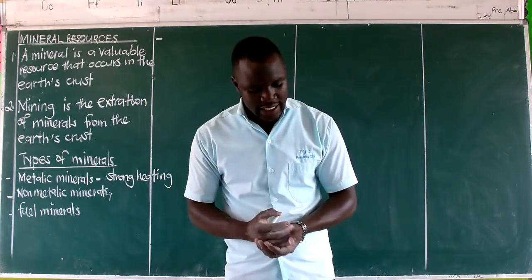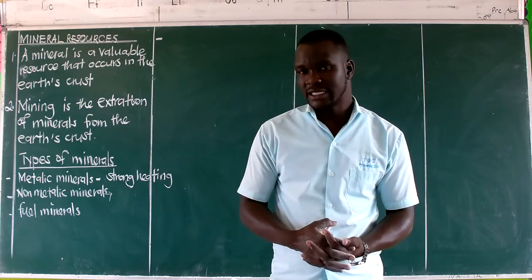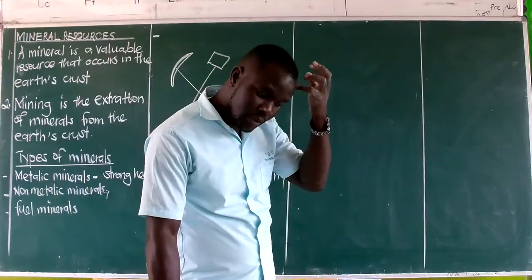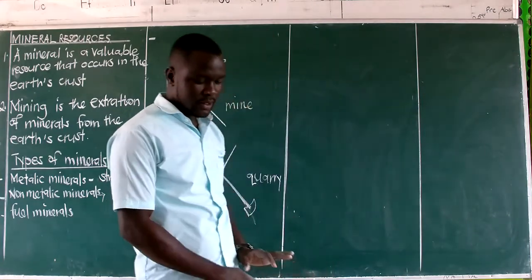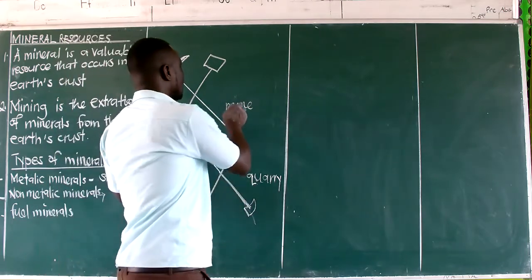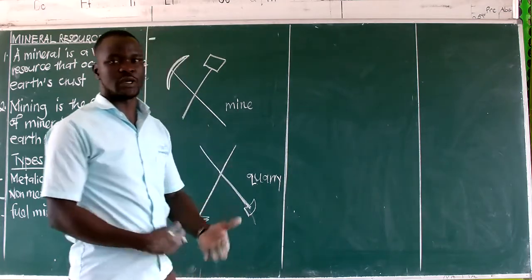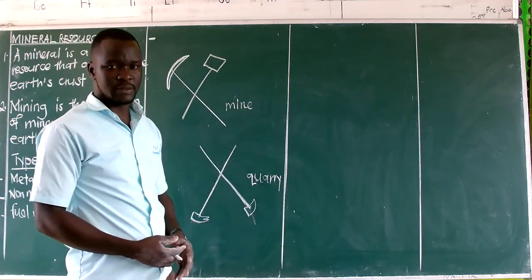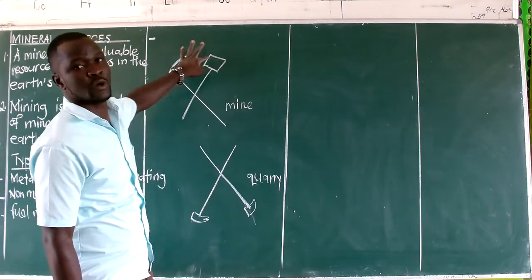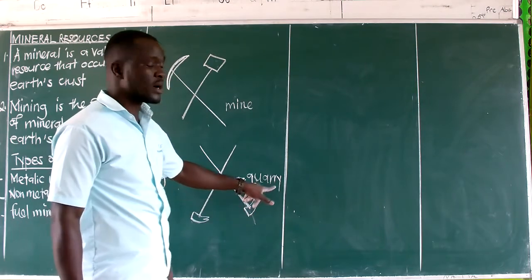We have the symbol there which shows a mine, symbol of a mine. It's the one which is shown. It's different from a quarry. Sometimes we mess up for the mine. On page 60 it gives us the diagram which shows what we call a mine. Of course, a mine is an area where mining takes place, where that extraction of that mineral takes place. Now, we have the mine represented by having these tools up, which are used in mining. Whereas when we have the tools represented when they are down, that one is a quarry.